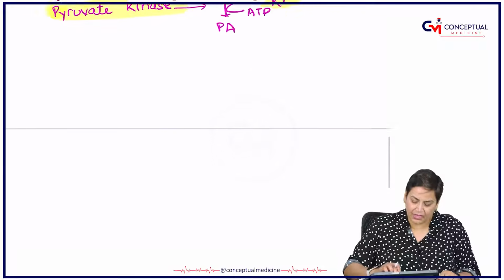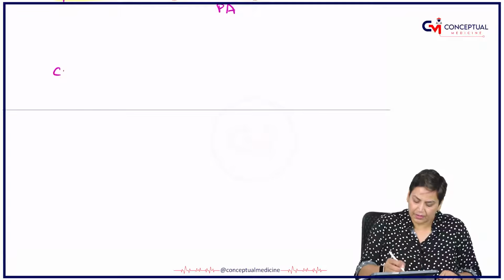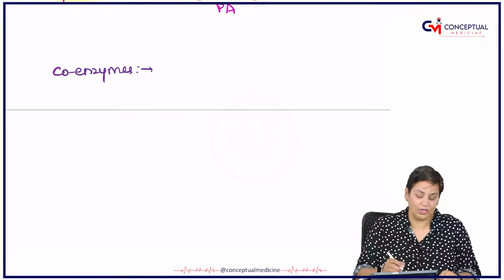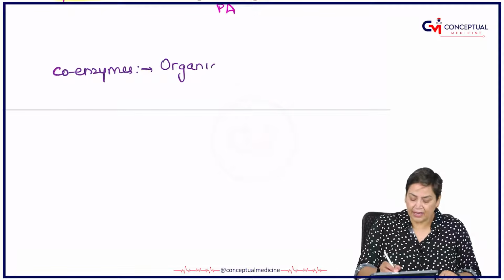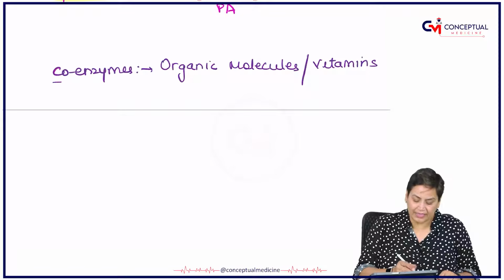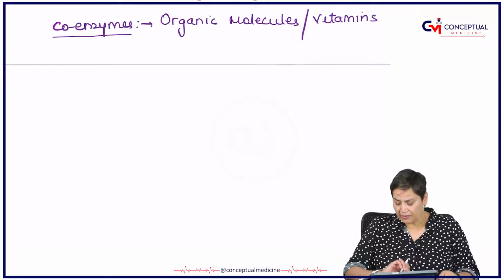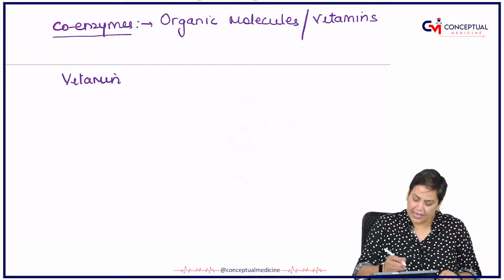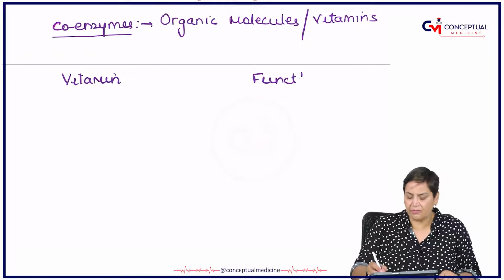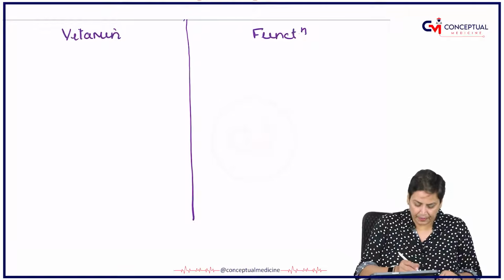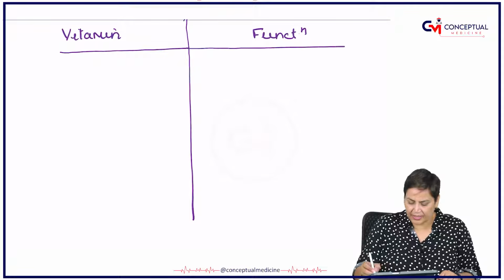Then after this, we come over to the coenzymes. Now coenzymes are what? They are simply the organic molecules. Whenever we talk about organic molecules, they are the vitamins. So if we talk about the examples of coenzymes, I'll just make a table here: the name of the vitamin and the function catalyzed by the vitamin. Okay, so if we talk about the vitamin here, the first one is